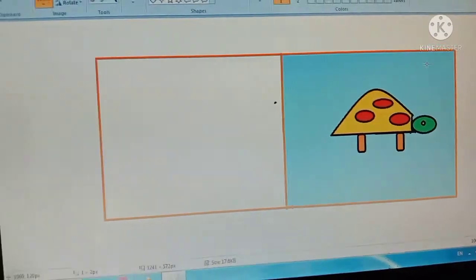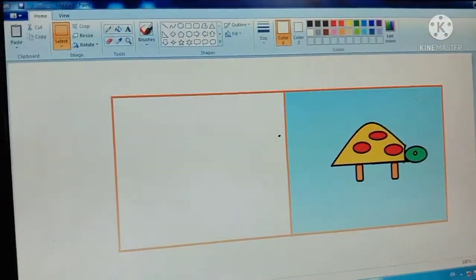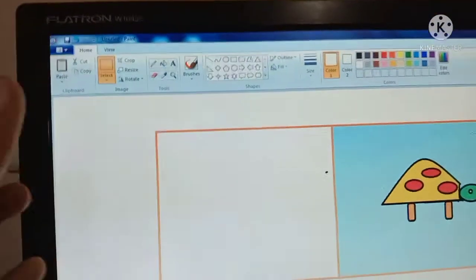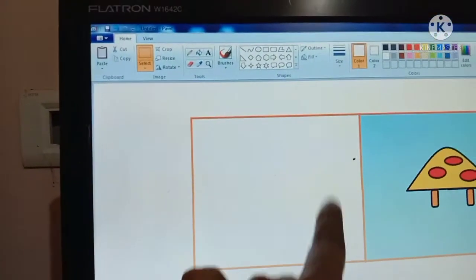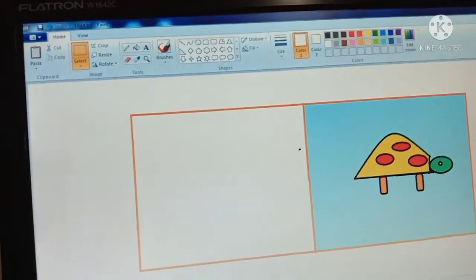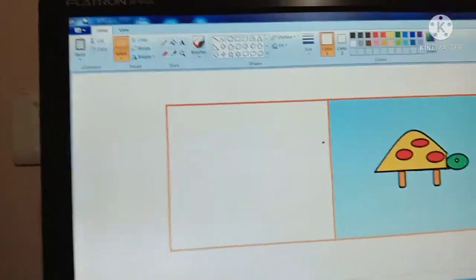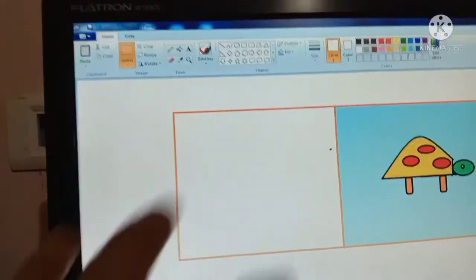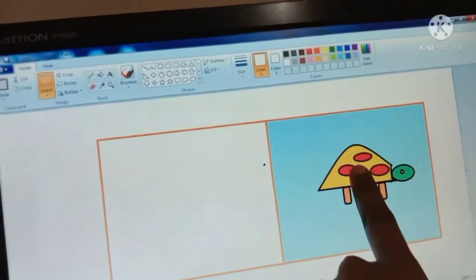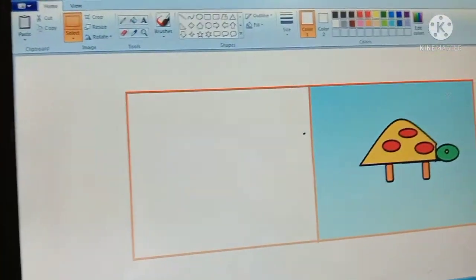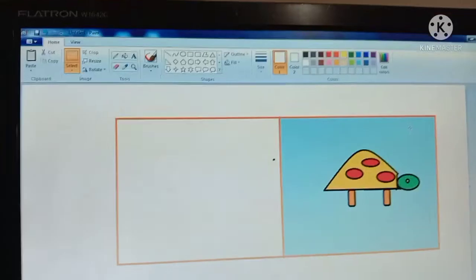Where is the white background? It's not there. So when we use the normal selection, the background will come with the picture. If we are using transparent selection, only the picture will come here. I hope you understood.